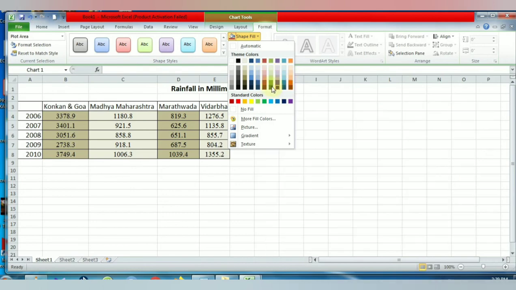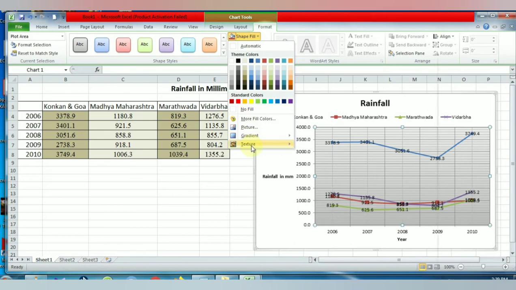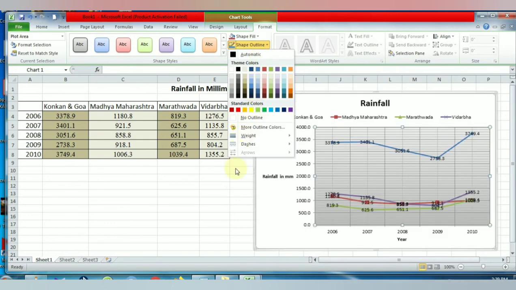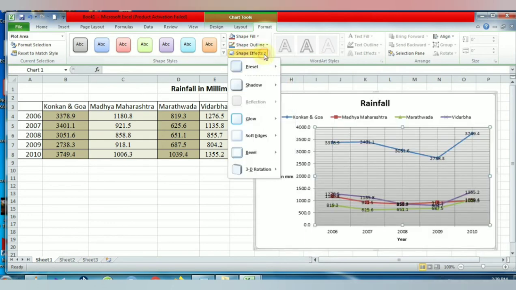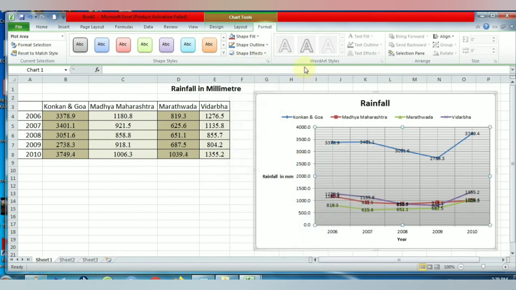So we can see this style. We can add the shape fill, shape effects, and shape color from here. You can see shape outline, shape fill, and shape effects can be done from here. So these are the various types of formatting options available under the chart tool option.